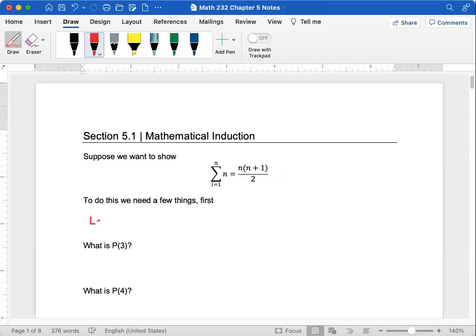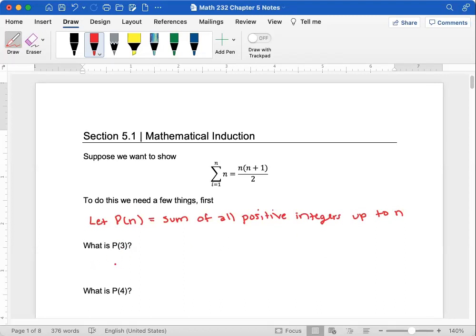So I'm going to let p of n equal the sum of all positive integers up to n. Now, forgive me, I'm using a different writing instrument, so I might be writing a little bit slower than normal. I apologize. So what this formula then means is if I were to quote unquote plug in 3, right, p